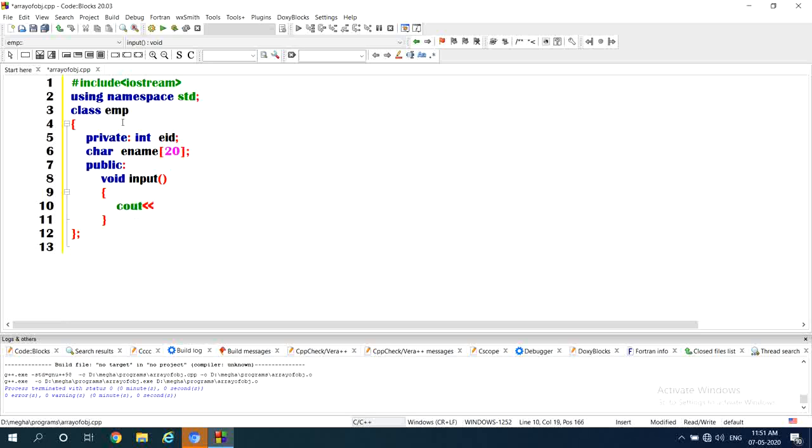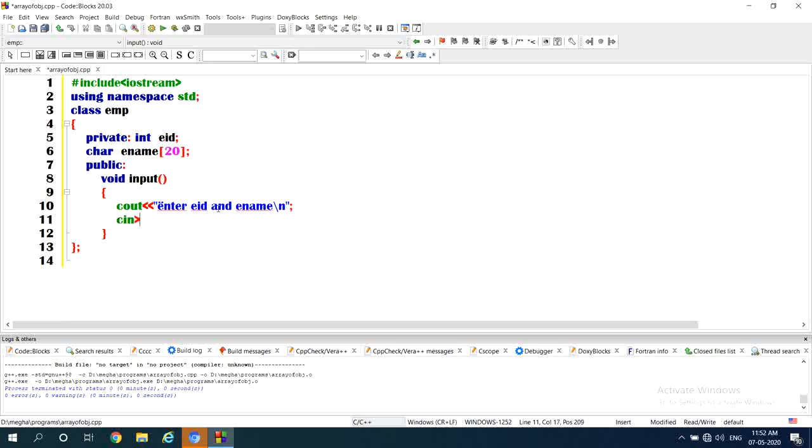Cout, enter employee ID and employee name, \n, double quotes close, semicolon.